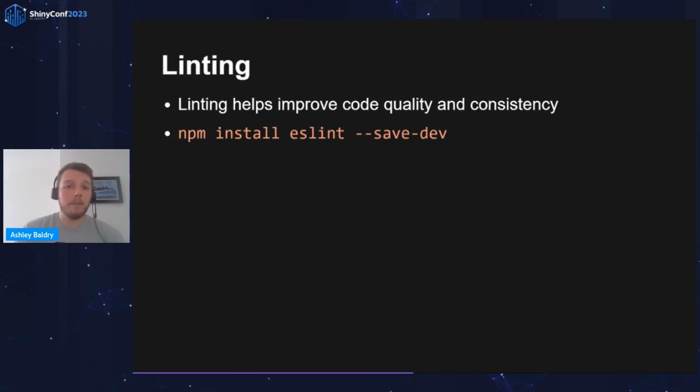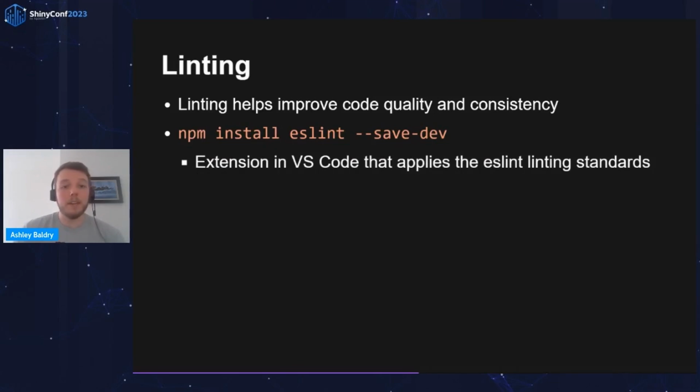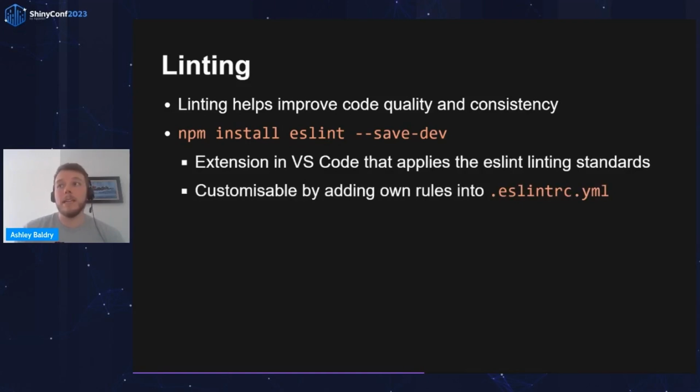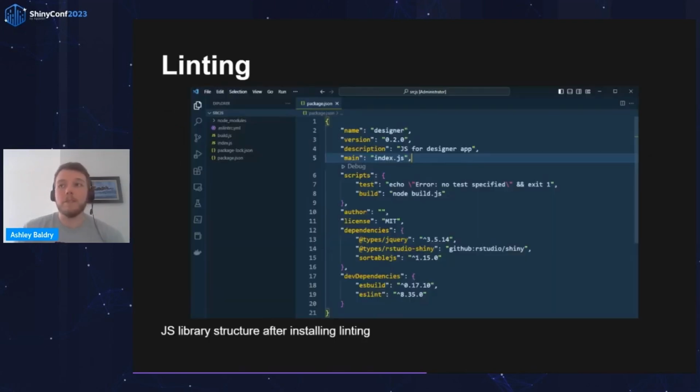There are loads of linters out there and loads of build packages. The ES family seem to be the quickest at performing what they do, so that's what I've chosen. There's an extension in VS Code as well that applies these standards and automates it. Sometimes if you just click save, it'll just do it all for you, which is a time saver as well. And you can add your own rules into the specific lintrc YAML. I have a weird naming convention, so I like adding that into these sort of files. So now, after installing ESLint, you can see it's in there in the dependencies and